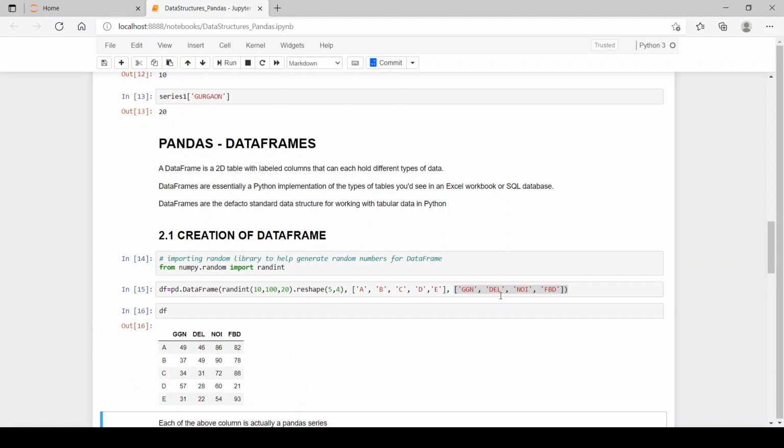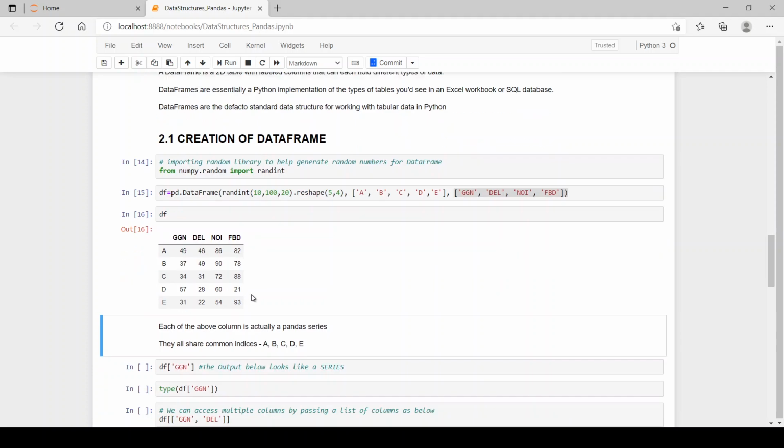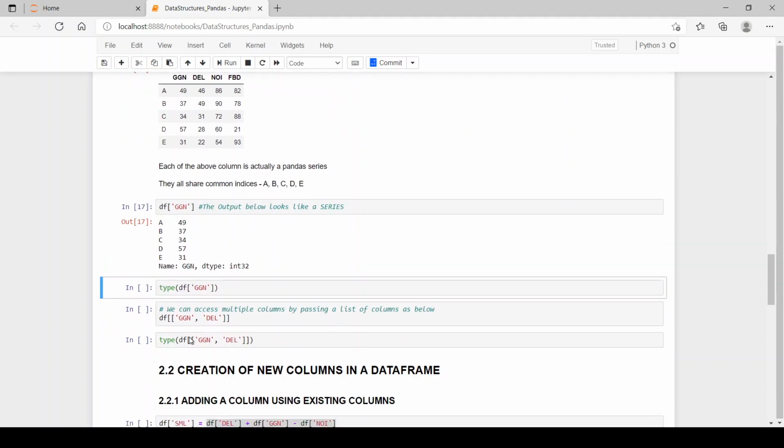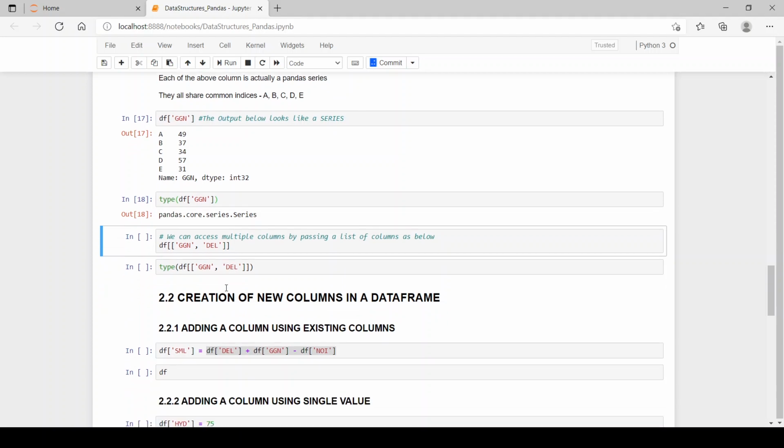Now we can see the df. We have A, B, C, D, E as rows and Gurgaon, Delhi, Noida and Faridabad as our column names. Each of the above columns is actually a Pandas series. Let's see how it is. df GGN. Now it gives the column, and as we can see it resembles a series, and when we see the type of it, it comes to be pandas Series.